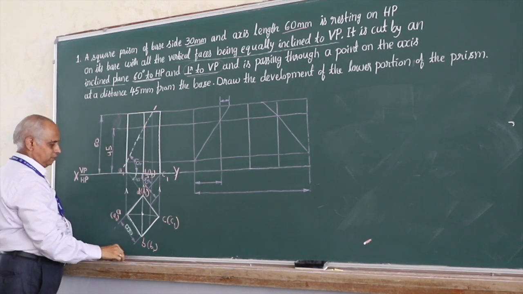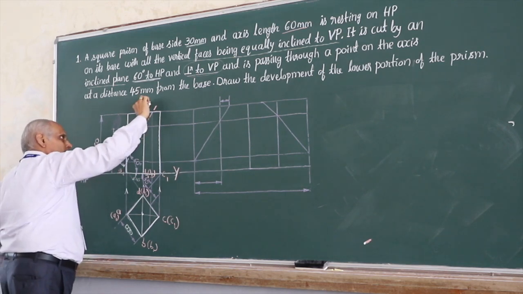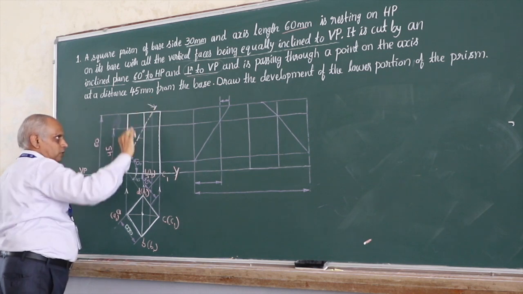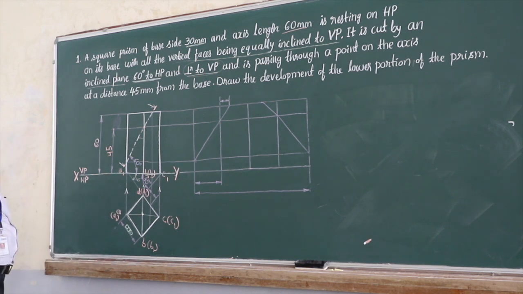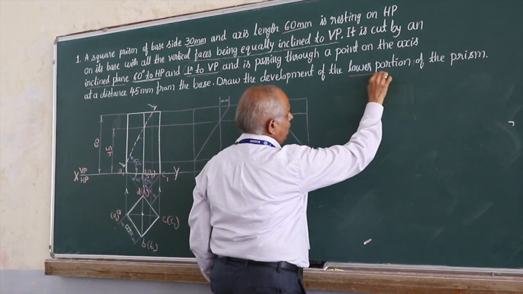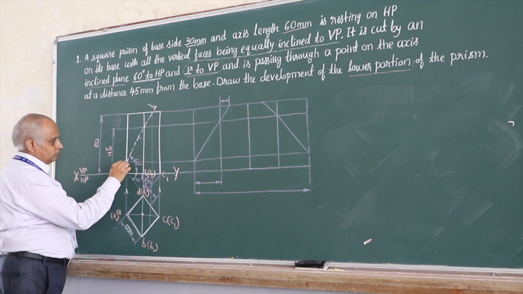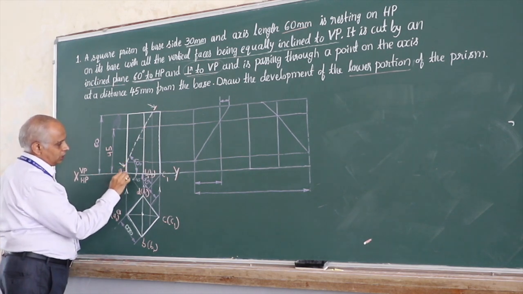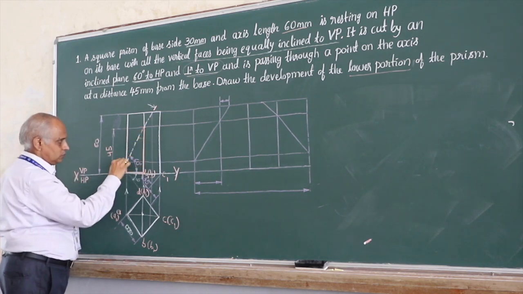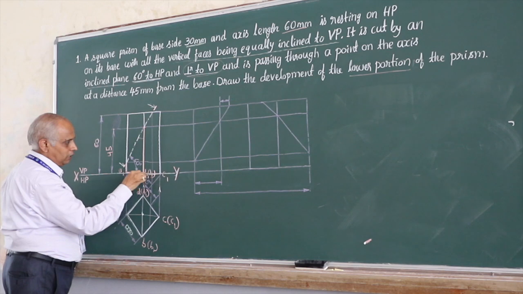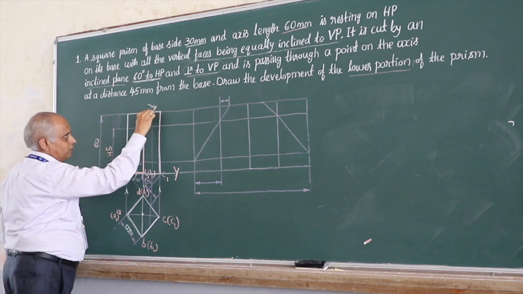Okay, and this is a typical section convention where if I look from here, I can see the cut surface in true shape. Next, you need to go for developing the retained portion, the lower portion of the prism. Therefore, that has to be retained. So, whatever portion is retained, first you should make it dark. So, dark in the sense continuous thick, visible. Highlight all the visible edges of the prism. See, this is visible. This is visible, base is completely visible, boundaries are always visible, and you have it up to this point.